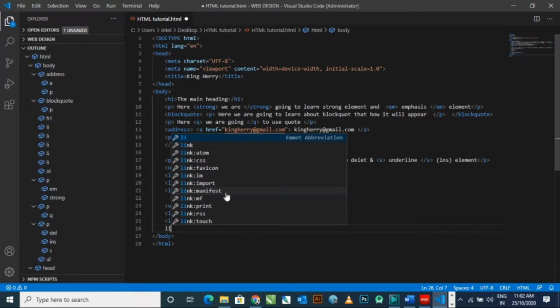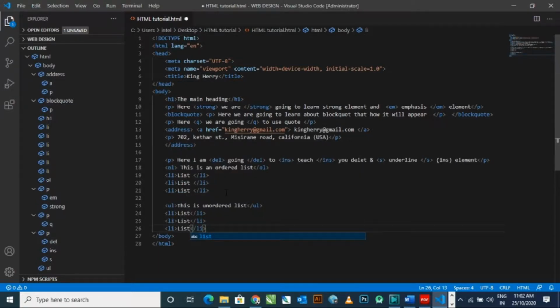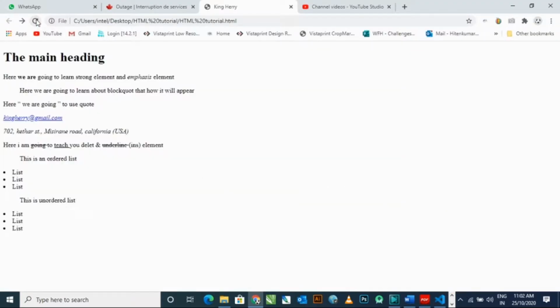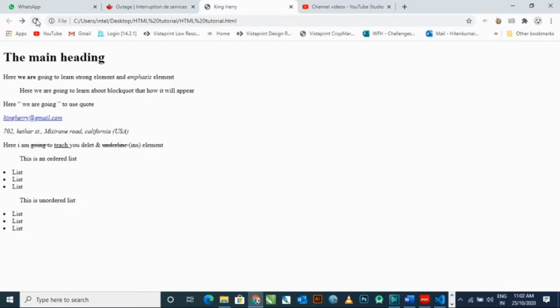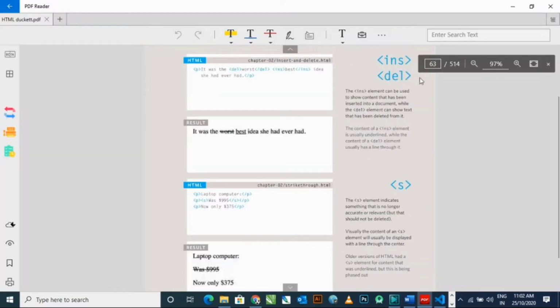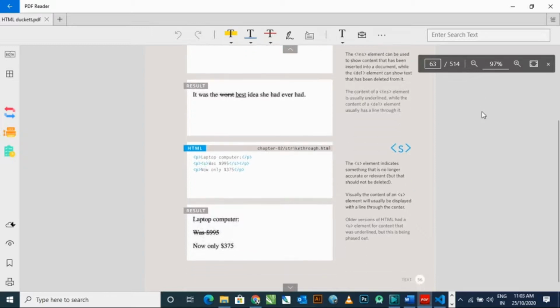In the ordered list you type your sentence, then below that you provide your list. This all will automatically come under the unordered list. Okay, I am refreshing, and you can see both the ordered list and unordered list look the same, because this is not the correct path which I typed here. Now I am showing you the correct path. I am telling you again and again, there is a lot of confusion in mind. Type OL, type a sentence, then put list below that. This is not the correct one.